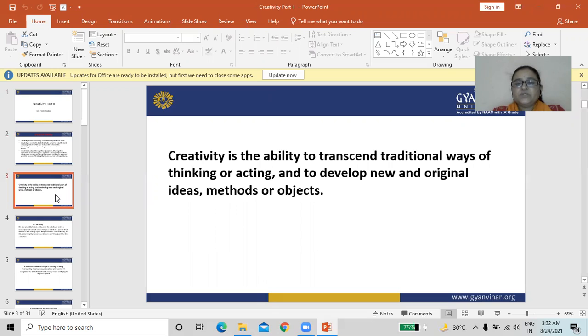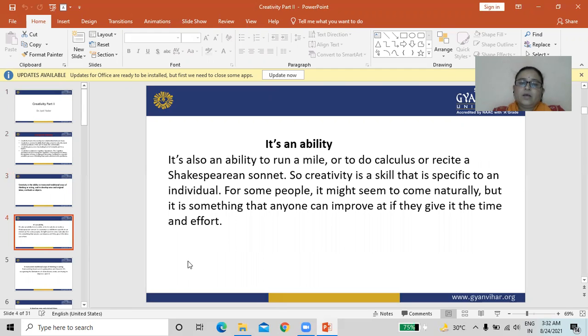So, in creativity, we develop new and original ideas, methods, and projects.